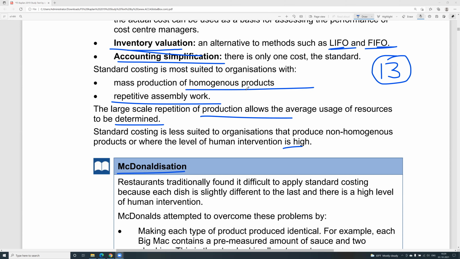Okay. Now let me just explain that to you without any spoilers. McDonald's did not become McDonald's overnight. It took them years and years of trial and error, years and years of experiments, to find what will work and how it will work. And then they came towards McDonaldization, which is nothing but standardization of the cost.